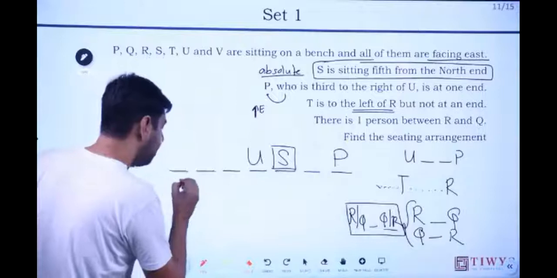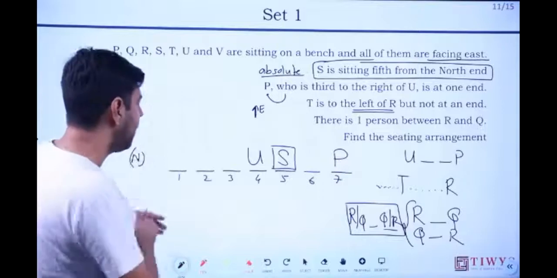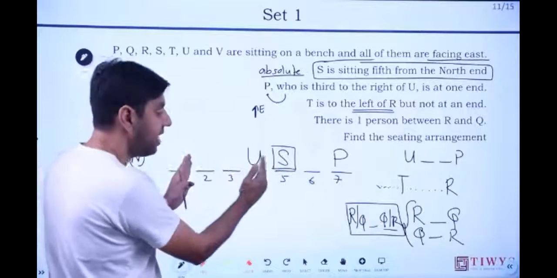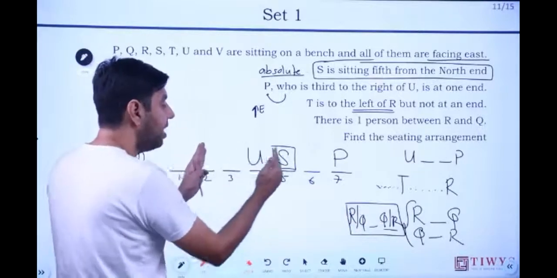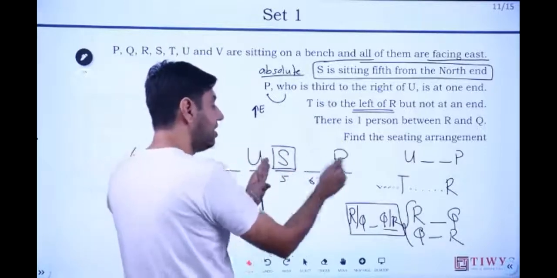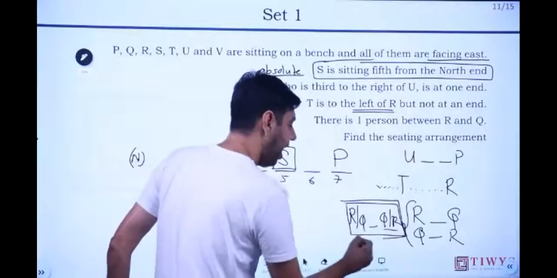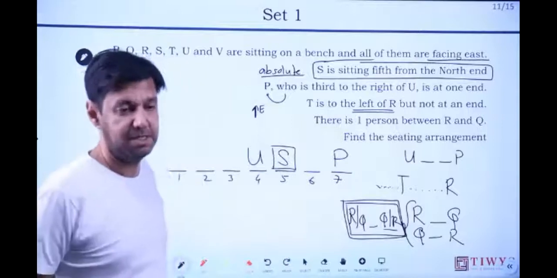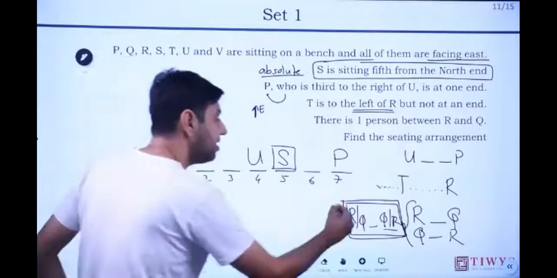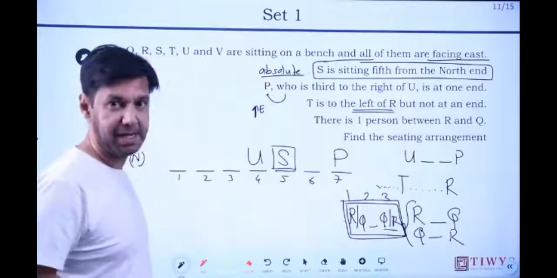तो आप बोलो ये R और Q कहाँ आ सकते हैं। For you and me to talk, will number these 1 2 3 4 5 6 7. So tell me, can they come in 1 2 3 वाले प्लेस में? Yes. Can they come in 2 3 4? नहीं आ सकते ना, 4 तो ऑक्यूपाइड है, 3 4 5 में नहीं, 5 भरा हुआ है, 4 5 6 में 4 भरा हुआ है, 5 6 7 में 5 भरा है। So tell me, how many positions do you have for this? You have only one position, students. समझ रहे हैं, और कौन सी है वो पोजीशन, 1 2 3। दिस हैज टू बी इन पोजीशंस 1 2 3।